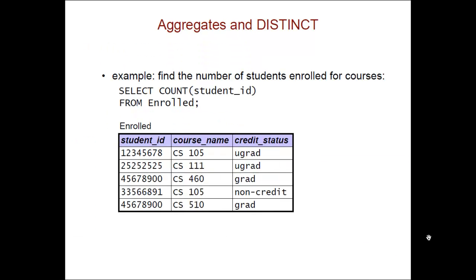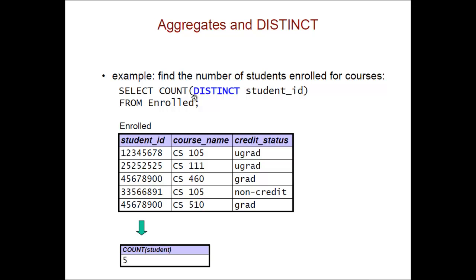We at times need to use the keyword distinct in conjunction with an aggregate. For example, if I want to know how many students are enrolled for courses, I would start with this query where I'm counting the number of student IDs in the enrolled table. But that's going to give me 5, and I end up double counting this student who is enrolled in 2 courses. If I just want to know how many students are enrolled, how many unique students, distinct students, I'm going to have to come up here and add the keyword distinct inside the parentheses. And now, instead of getting a count of 5, I'm only going to get a count of 4